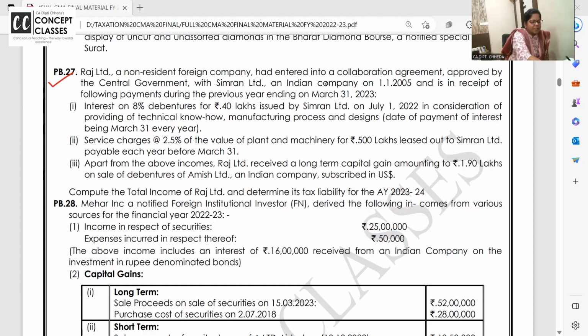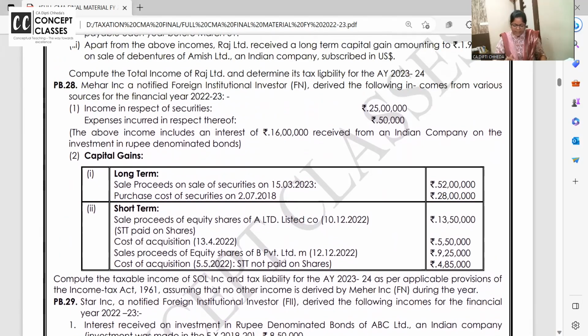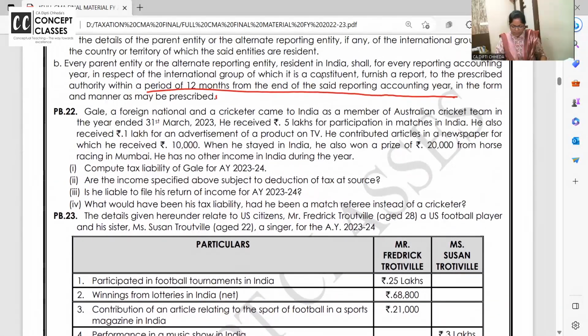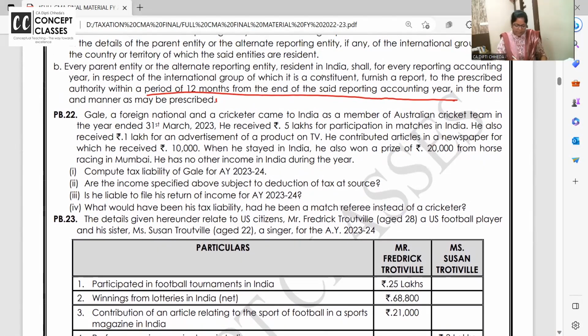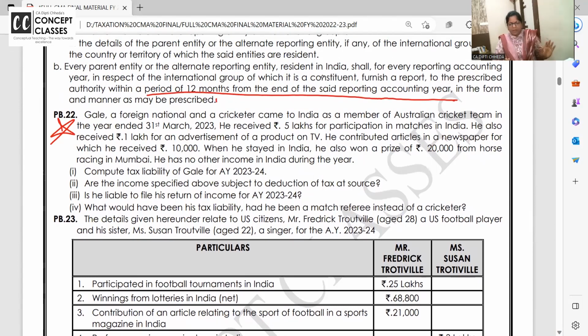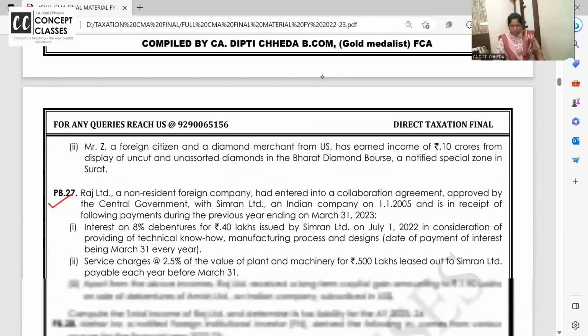I didn't do 26 yesterday because it was business connection. Did you all follow business connection? As per my guess, what you will surely get in the exam is this problem, 28, and this problem, 22, Sportsman. It's important, check it one day before the exam also. It was a very good problem.